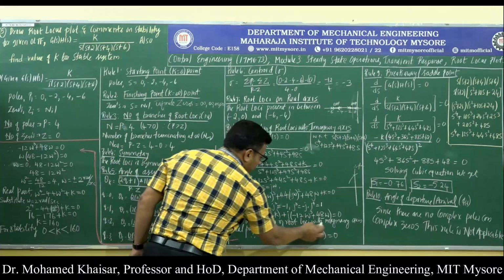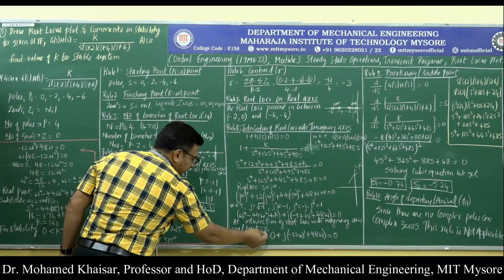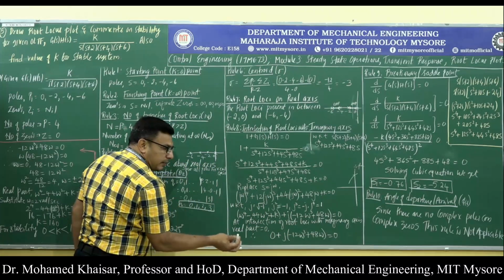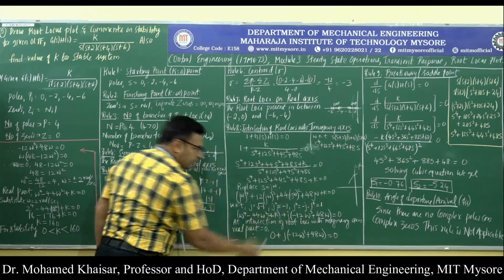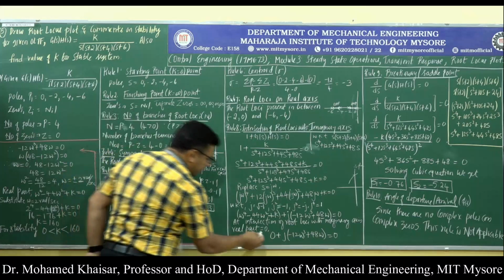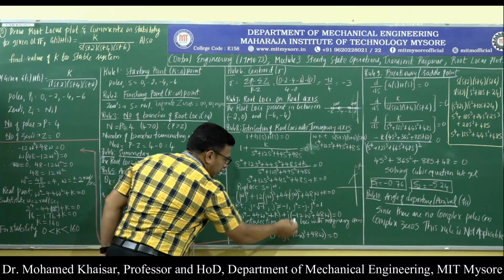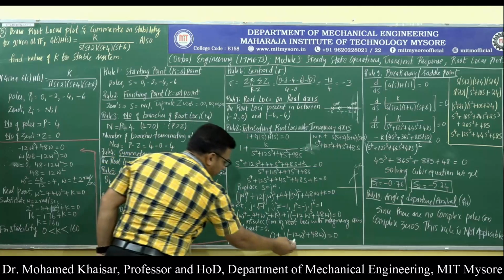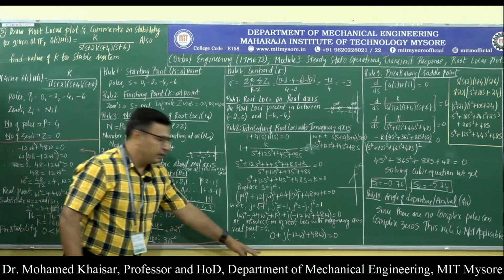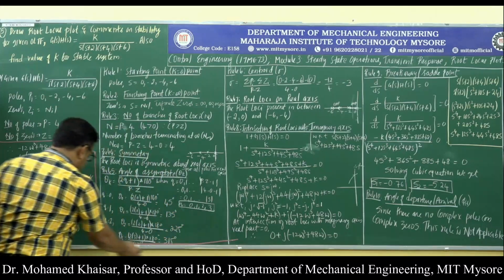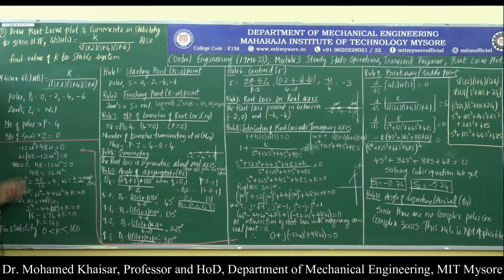At the intersection of root loci with the imaginary axis, the real part is 0, and it means to say that omega raised to 4 minus 44 omega square plus k is 0. If we substitute that condition, 0 plus, then we will write it as it is. Now, because of the space insufficiency, I will be continuing the solution over here. The imaginary part is being equated to 0: minus 12 omega cube plus 48 omega equal to 0.